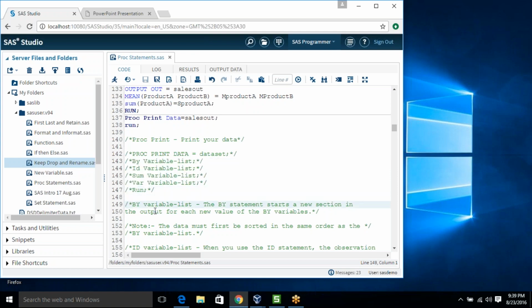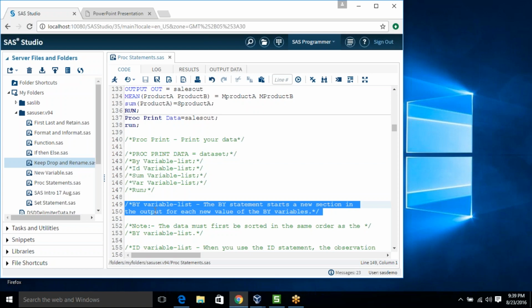Okay, so by: it will start a new section in the output for each new value of the by variable. Note the data should be sorted here also. Whenever you are using the by statement, your data first should be sorted.